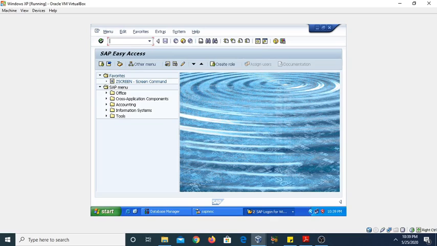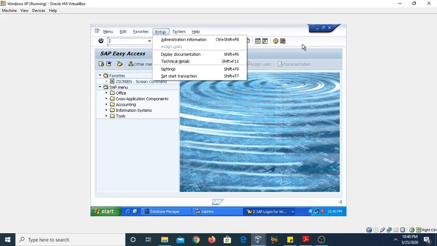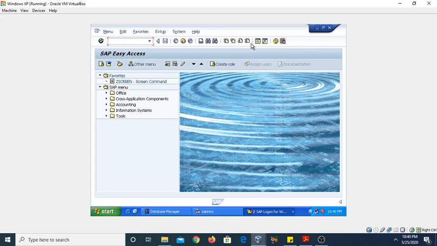You can see we have firstly the menu bar. This is the menu bar where there are a number of menu options. Second one is our standard toolbar, which contains a number of icons, and each icon has a function key. You can see for this log off we have the function key Shift plus F3.